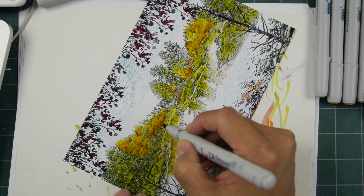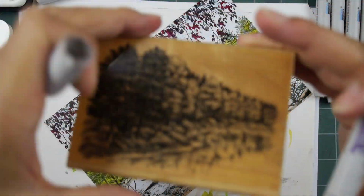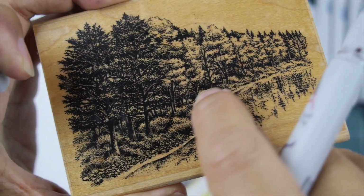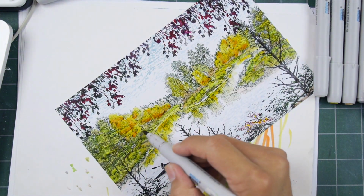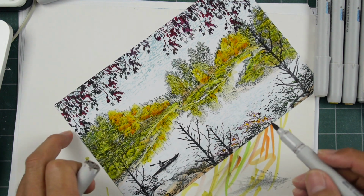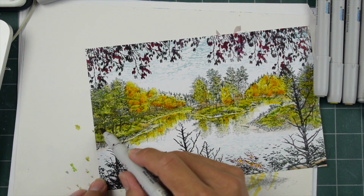Let's kind of hit some areas in here and go for a little bit of shadows, like underneath the trees. I'll show you what I'm talking about here. It's kind of hard to see because we have all these colors, but you see these darker areas underneath here? Okay, those are the shadows underneath the canopy of trees or whatever. See down in here? So in these areas like that, what we can do is add shadows down there, and that will give those trees a little bit more depth, I guess you can say,